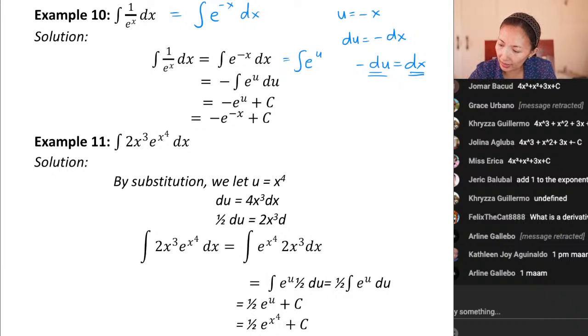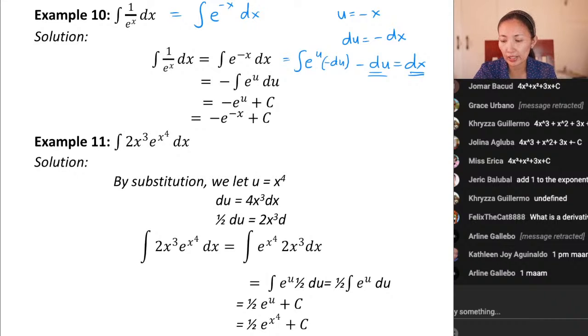So, in fact, we can write this as integral of e to the u times negative du. Or negative 1. That negative 1 could be written outside the integral sign. We have negative integral of e to the u du. So, apply the formula. It's simply negative e to the u plus c. So, negative e raised to negative x plus c. So, whenever the exponent is not x,